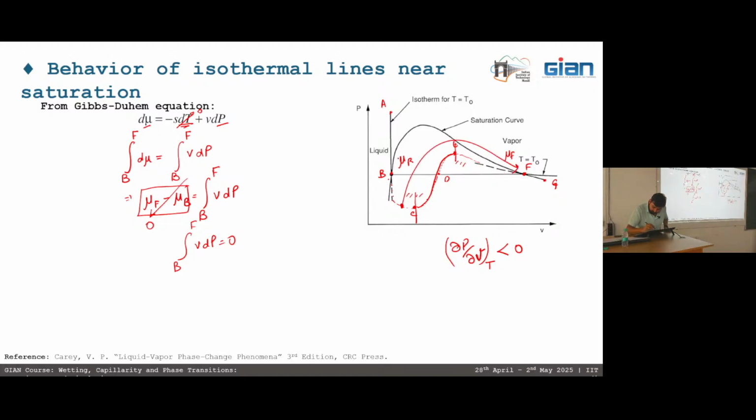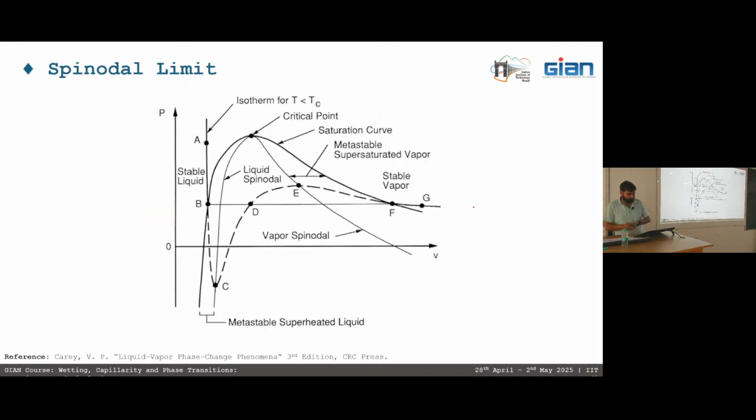And if we take the locus of all these points for different isotherms, we get a very clean curve, and this curve is called the spinodal curve. I think I have this curve on the next slide as well. Yes. So if we take the locus of all such points on the different isotherms, we get this curve. This is called the spinodal curve. So between this curve, the system is inaccessible. We cannot reach this region.